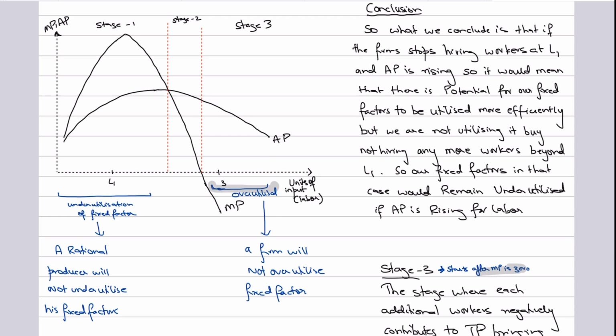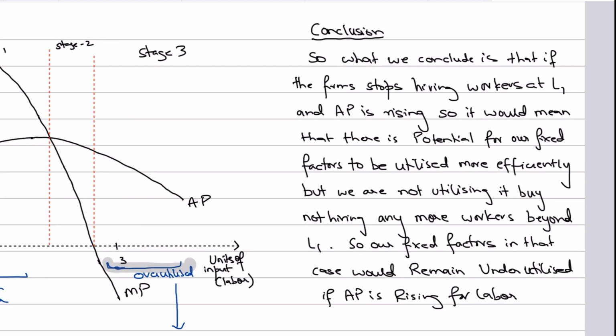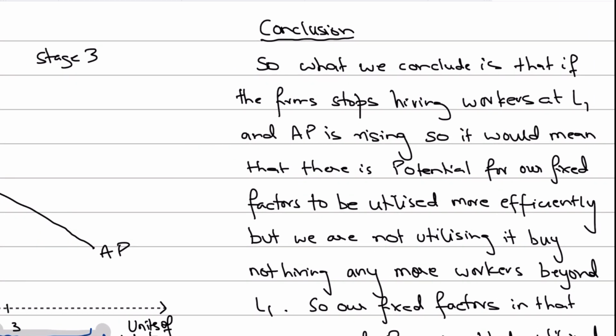It will actually depend upon the cost curves as well. What the optimum output is and what the optimum employment of workers is would obviously depend upon taking the cost curves into consideration, right? But it will be somewhere in stage two. So what we conclude is that if the firm stops hiring workers at L1,